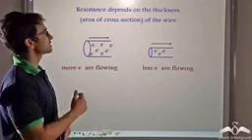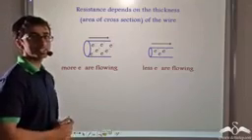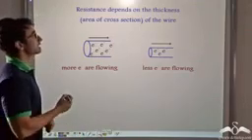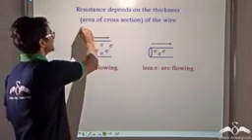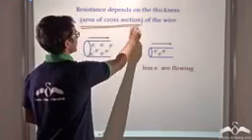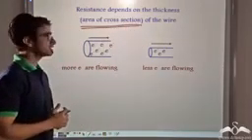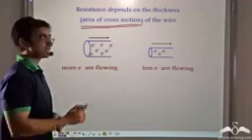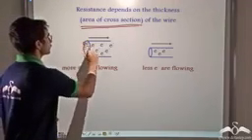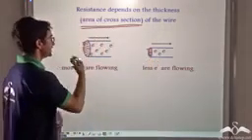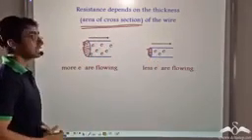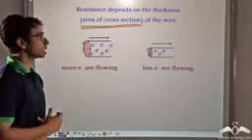So we can say that resistance, just like we saw in the case of resistance by traffic, resistance in a conductor also depends on the thickness or the area of cross section of the wire. The area of cross section is the area that you can see in a conductor if you look at it from the front. So in this case, the shaded area, that is the area in red, is known as the area of cross section of the wire.